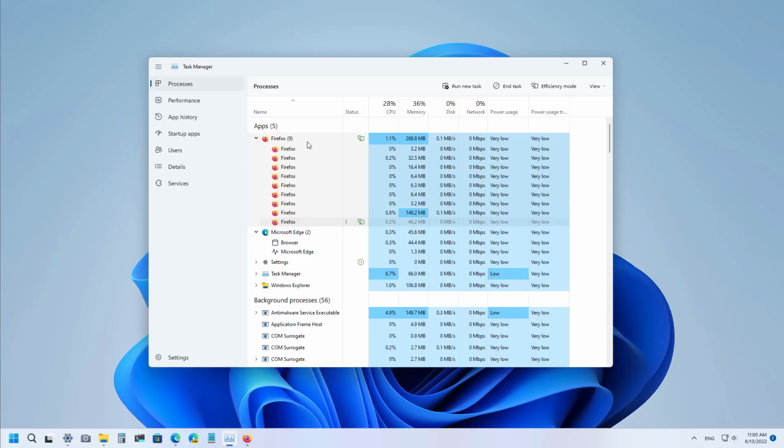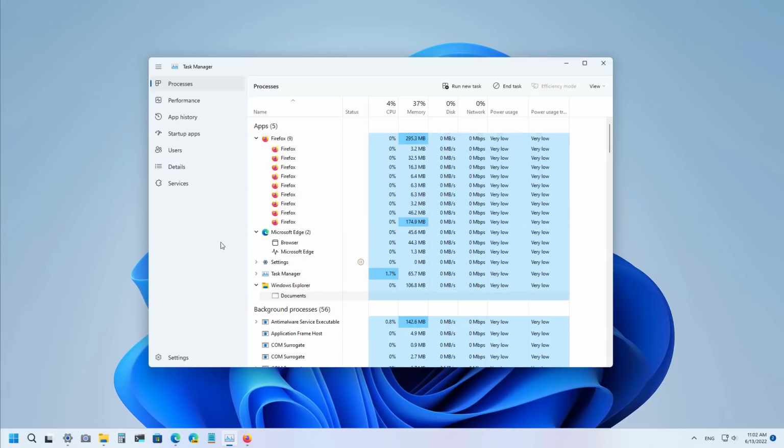Once it's turned on, you will see this icon to indicate that that particular application is using efficiency mode. You can always right-click on it and check the option again to disable the feature. Just remember that you can only use efficiency mode on a single process and not to the entire group of processes. If the option is grayed out, it means that this is a core Windows process, and throttling it might